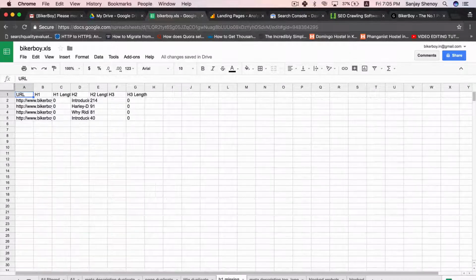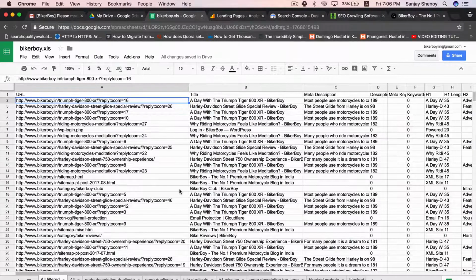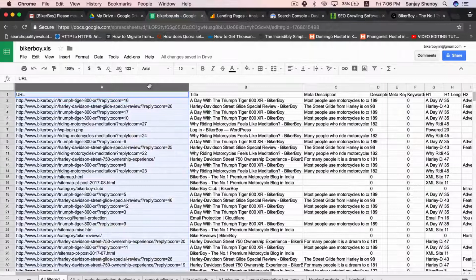So it will also tell you all the pages where the H1 is missing, or the H2 is missing for that matter, or if the meta description is too long, and whole lot of other information. So a great tool, a great piece of information. Most importantly, it'll give you the number of URLs that a particular website has, and as you can see it's